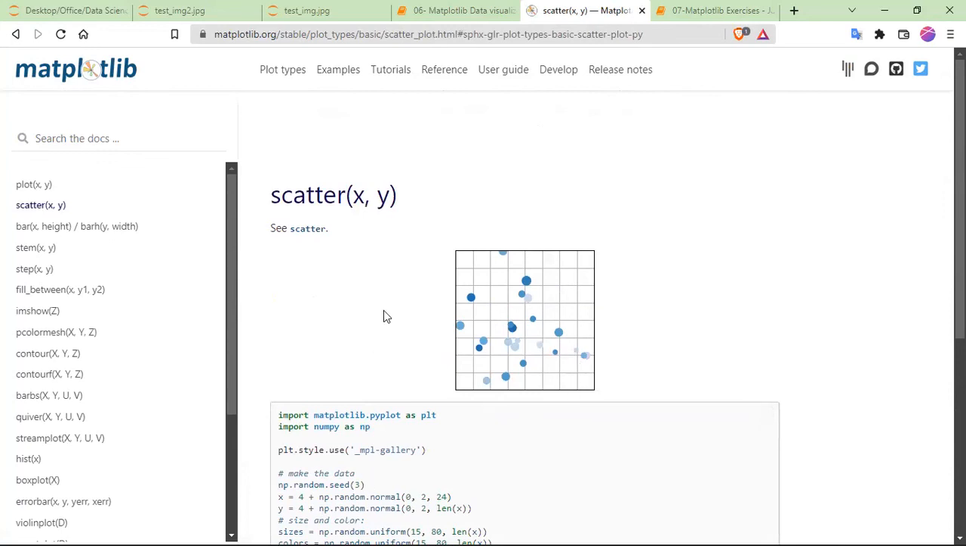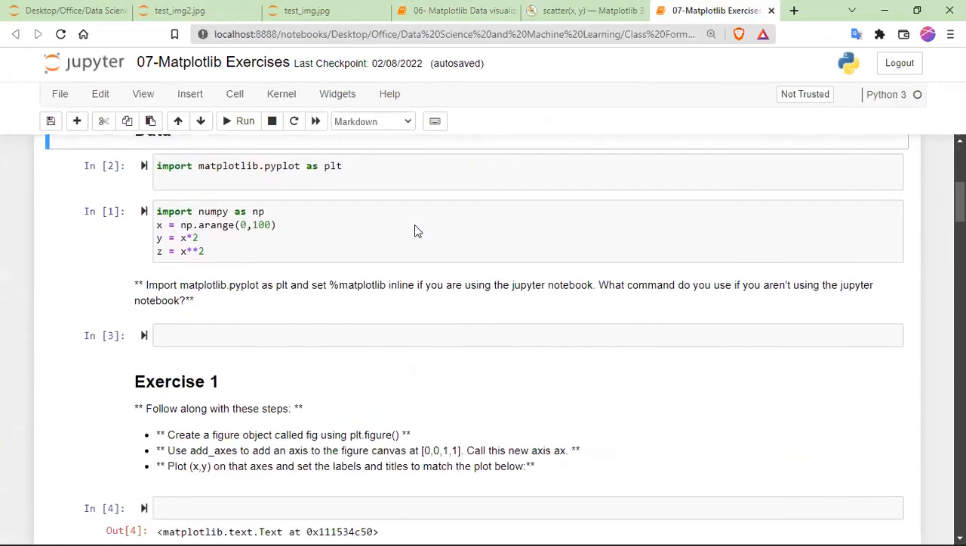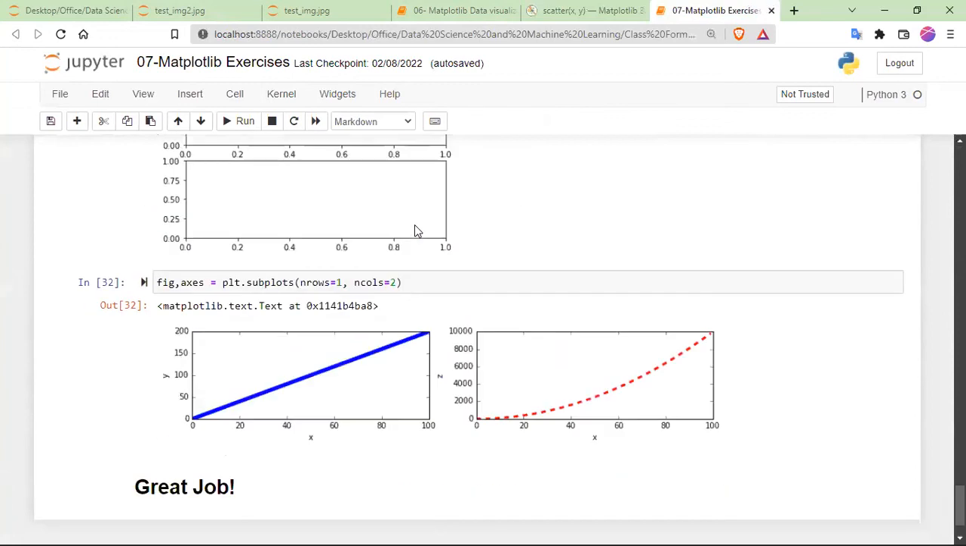If you have any question, please let me know. Then we also have an exercise here for us to do. So please, let's try to do the exercise. And if you have any issue,